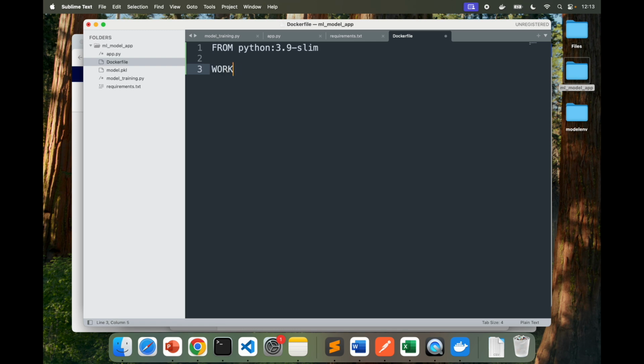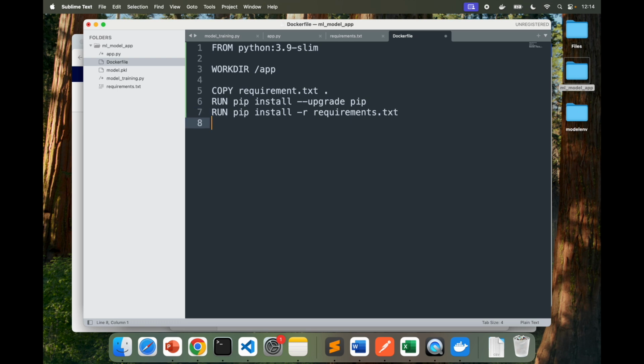Working directory should be /app, that's what you need to create. Next I'm going to say copy the requirements.txt file to wherever Docker installs. So you copy the requirements file in and also install the dependencies. To run, I'll say RUN pip install. First I have to make sure to upgrade pip, so that we have the latest pip. Then I want to say pip install -r requirements.txt. So whatever is inside that will be run after that.